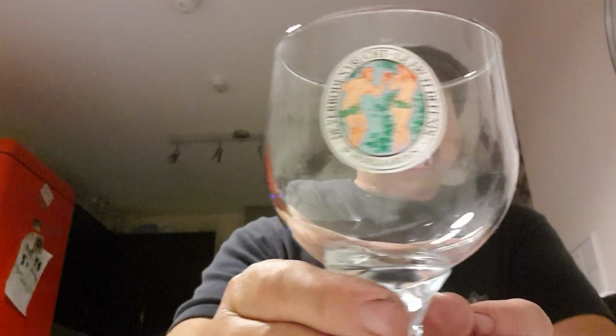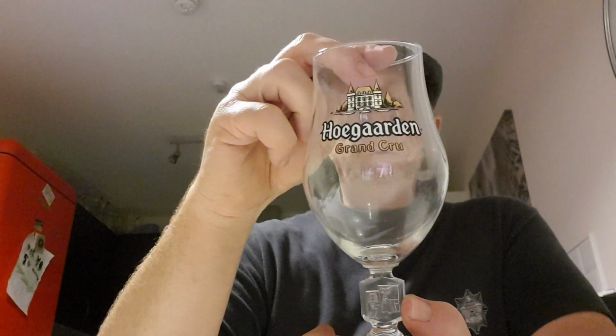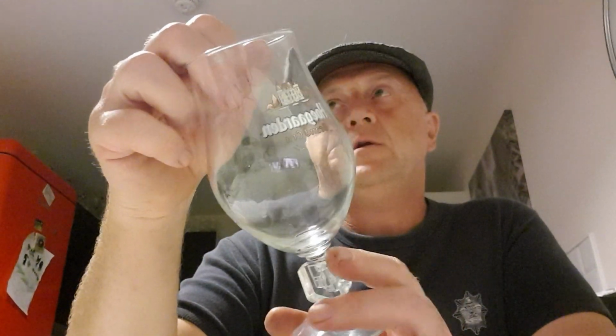This nice one is a beer goblet from one of the Hoegaarden range. I think this one's pretty standard. I pronounce it Chimay, but whatever. Another one, I think, from Belgium as well. And another Hoegaarden one, Grand Cru, which I might even have a bottle of somewhere, but right at the back of the garage. But I also found a Marston's Pedigree glass, and as luck would have it, I had a bottle